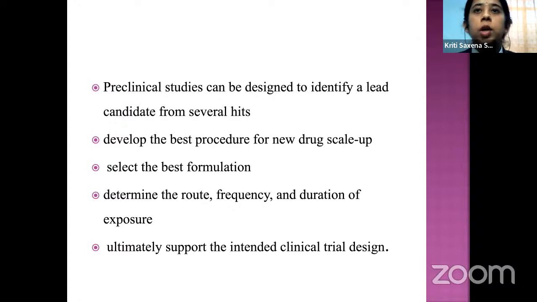Whenever we design a new molecule, we have a number of experiments and a number of subjects. We have a variety of drugs for the same treatment, but we have to optimize that. We can't take 100 or 1,000 molecules for trials. We have to select the best one, with the least possible side effects and maximum efficacy, that we can continue in our preclinical and clinical trials.